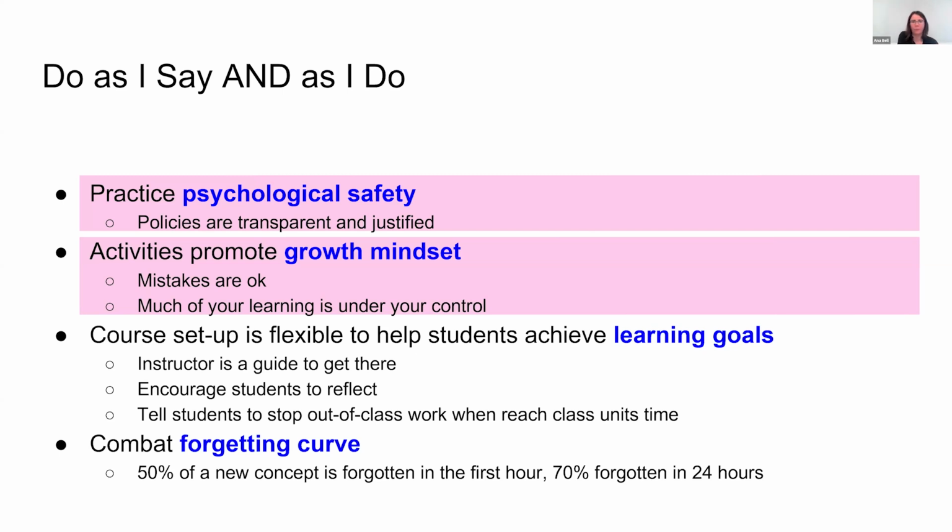So for example, the 3 questions we ask them and we have them hand in at the end of every class is what resonated with you, what didn't resonate with you, and besides those 2 things, what's one other thing that you've learned? So all of these little simple things that we do kind of work together with what we actually teach. And the exercise at the end of class where they say what resonated, what didn't, that's a very simple thing that they can do to help combat the forgetting curve, for example, and the name tags